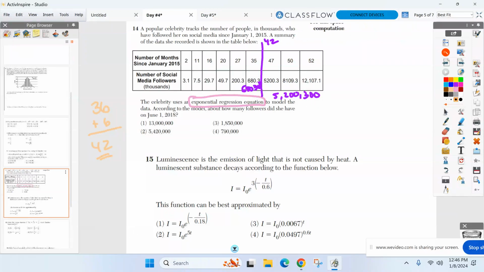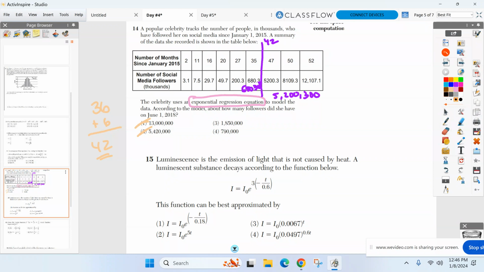Now, which two up here don't fall in between those? Because it's definitely got to be in between those. Which ones aren't going to fall between? 13 million is out, and so is 5 million, because that's after, right? That's greater than the 5.2. So now we're down to these two, right? Now look, you could make an educated guess, where 42 falls closer to 47, and make a guess, but